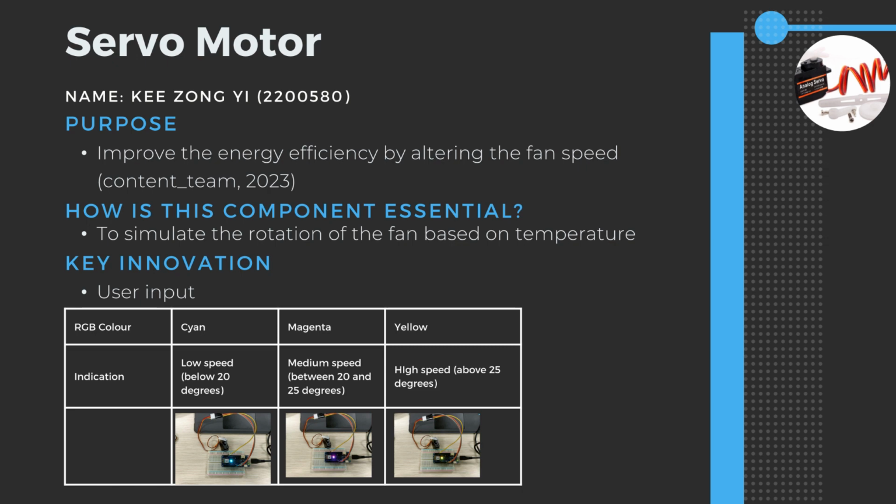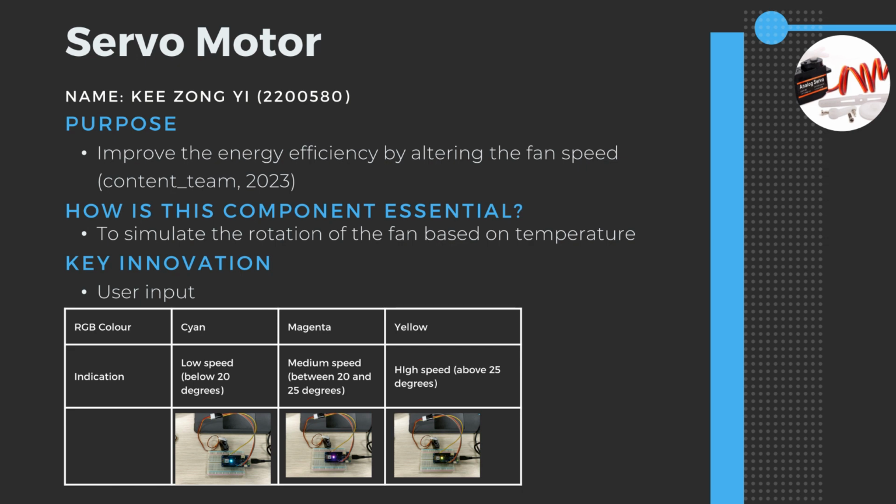When the temperature reaches less than 20 degrees Celsius, the motor will run in low speed and the LED board will show cyan. When the temperature reaches in between 20 and 30 degrees Celsius, the motor will run in medium speed and the LED board will show magenta. When the temperature reaches more than 30 degrees Celsius, the motor will run in high speed and the LED board